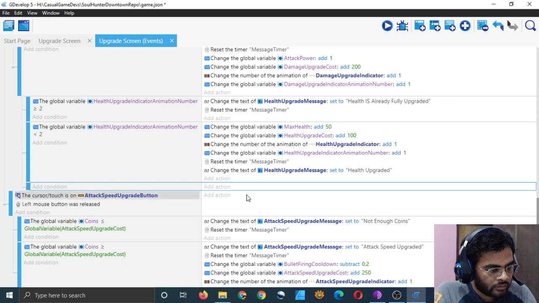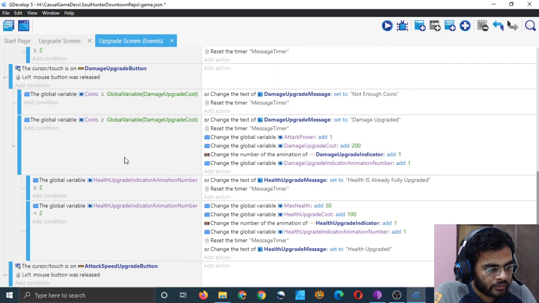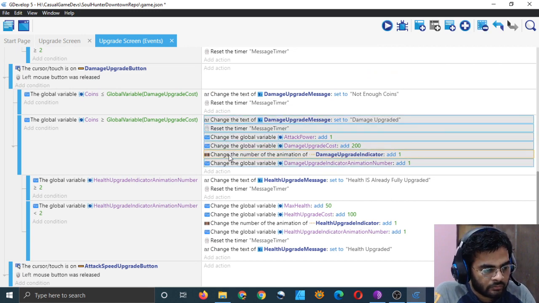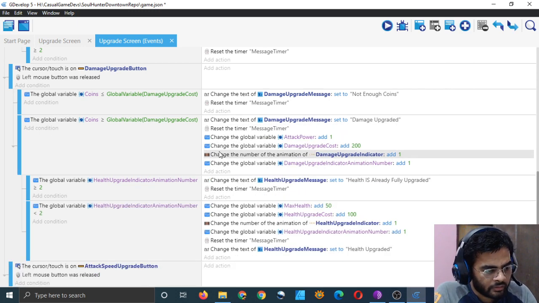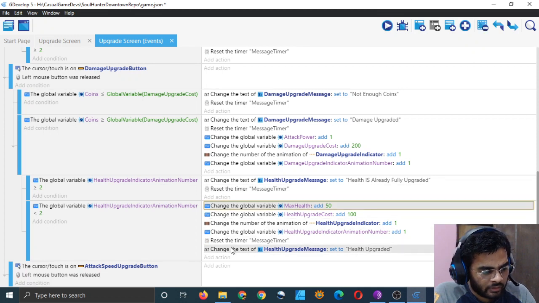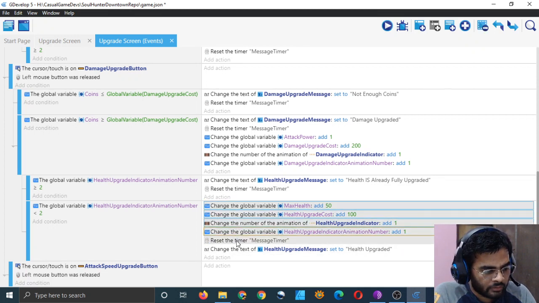And now you can just delete this sub event because we don't need it anymore. So yeah, we have pasted, and delete these because we don't need them because we have already done it below, although it's for health. Oh no, let it be. I think I will have to delete these and copy the other ones here.